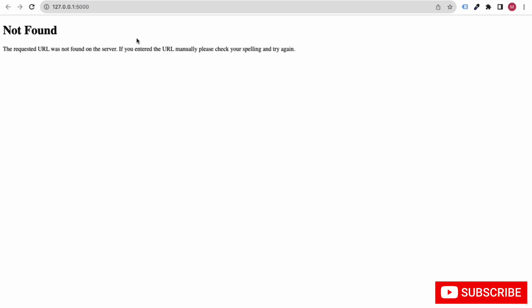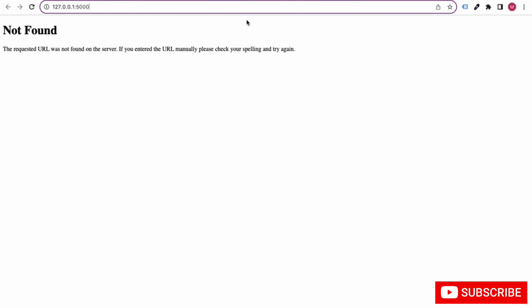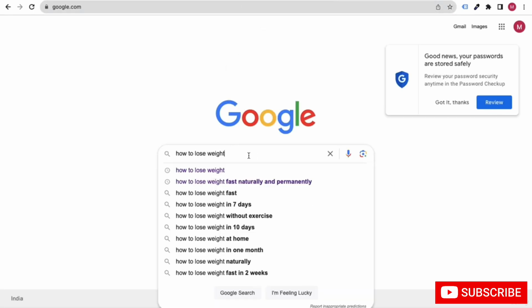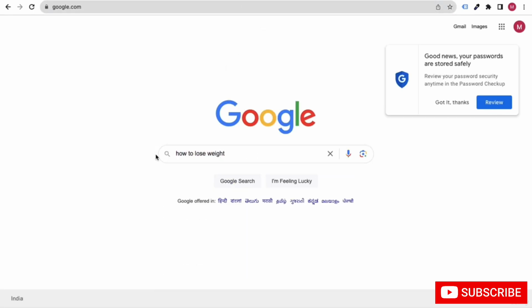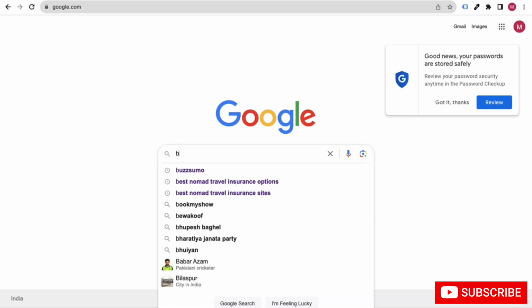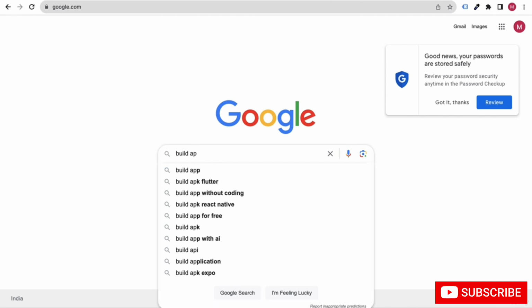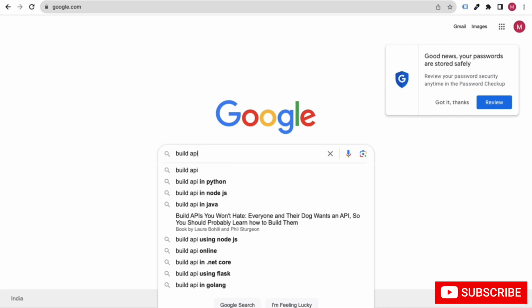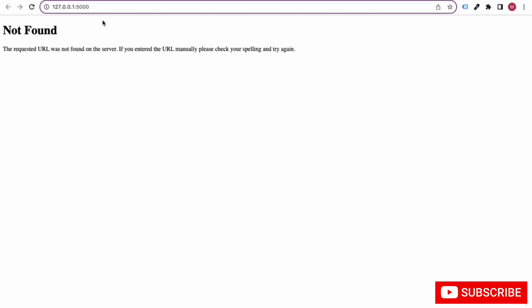Now my friends, here you just have to write whatever keyword. For example, we have created one API. If I write here build APIs, it will show us various auto suggestions by Google, and we can do the same here.